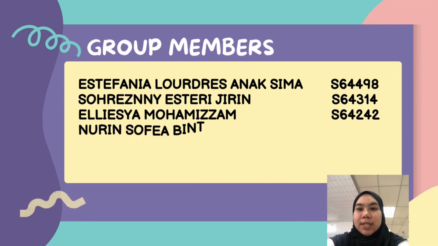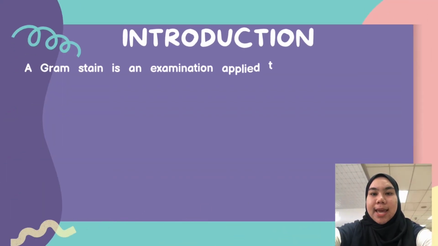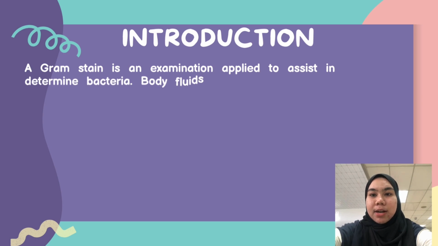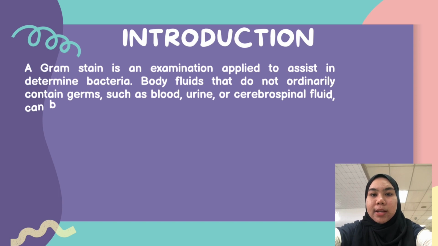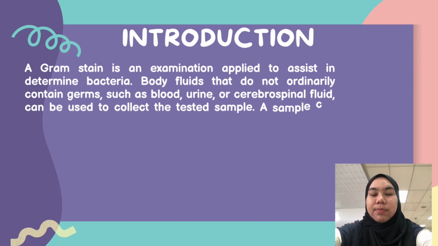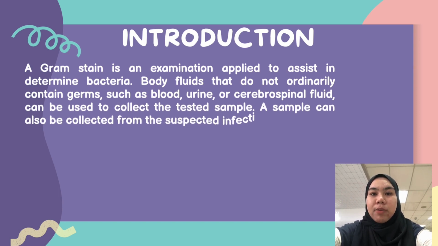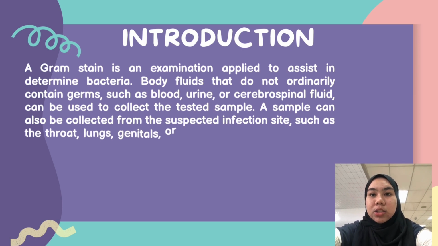Hello, we are from Group 3 and this lab is about gram staining. Introduction to this lab: a gram stain is an examination applied to assist in determining bacteria. Body fluids that do not ordinarily contain germs, such as blood, urine or cerebrospinal fluid, can be used to collect the tested sample. The sample can also be collected from the suspected infection site, such as the throat, lungs, genitals or skin, and